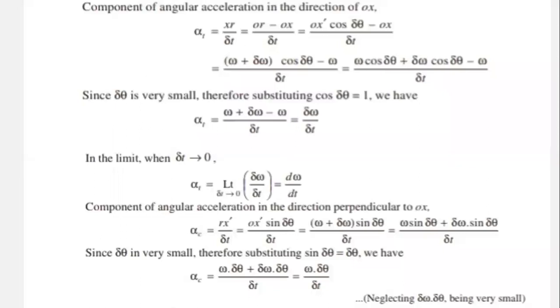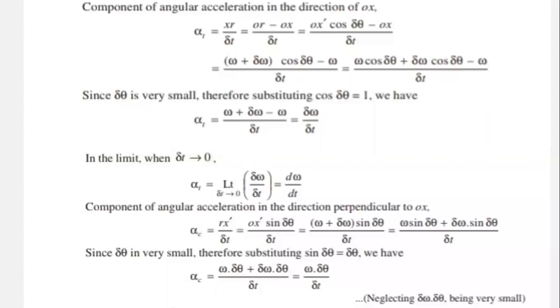This is the basic derivation of the precessional angular motion. Taking the components from OX, we take it as alpha t. Small t is the time taken for moving the disk from OX to OX dash. Here we are considering alpha as the angle.